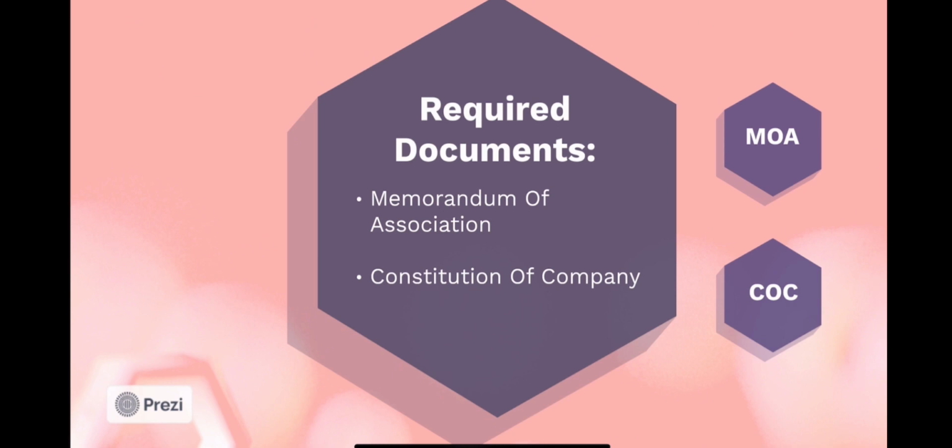So the first one, we have required documents, which consist of two things: first, the Memorandum of Association, and second, the Constitution of Company. So the first one,